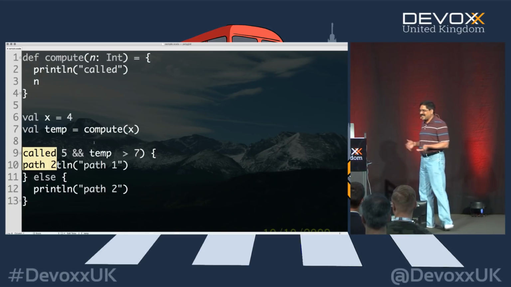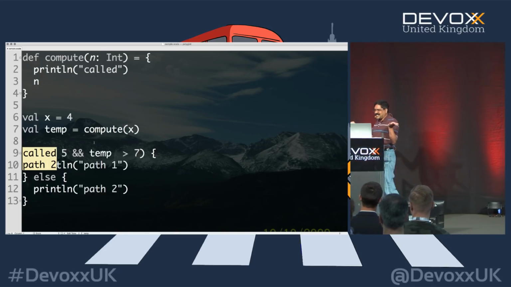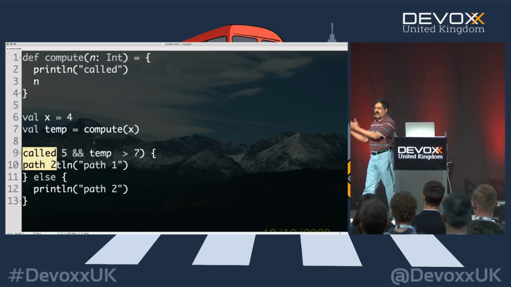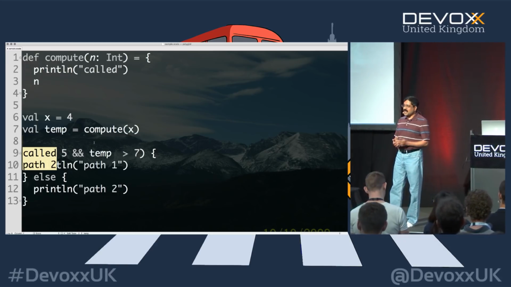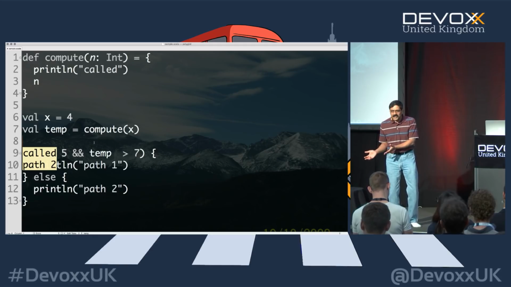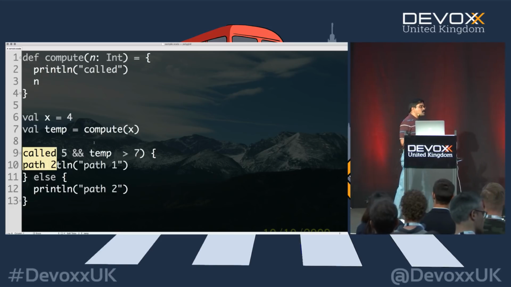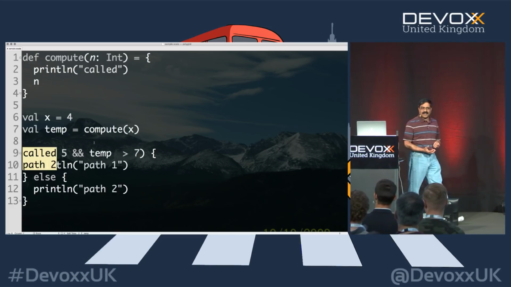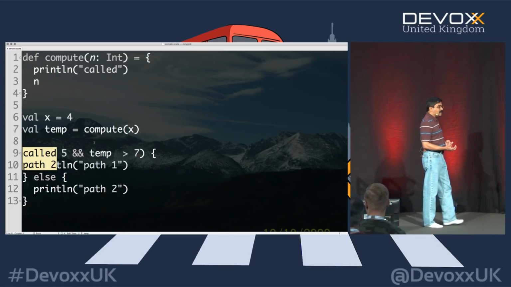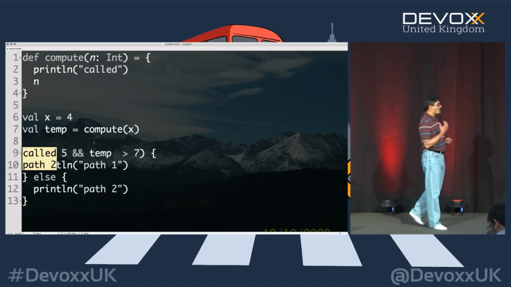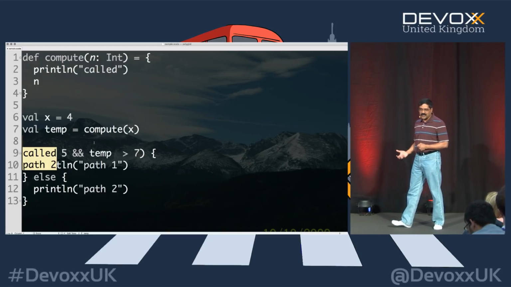Well, the point really is, notice the injustice here, isn't it? On one hand, it didn't call it because we know about short-circuiting. On the other hand, it calls because it's not short-circuiting. What if you're afraid that it's going to have a side effect? Well, this is one of the benefits languages like Haskell have, because in languages like Haskell, a function is pure by the birth of the function.